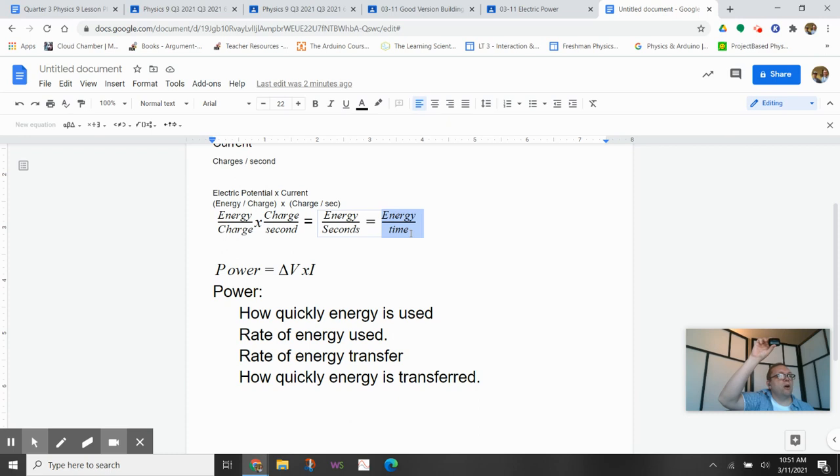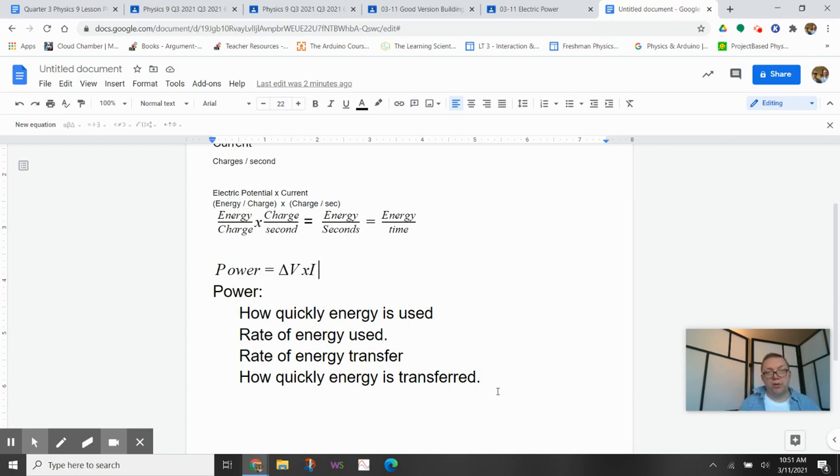Right? So if I take all that time to do that same amount of energy transfer, then the energy part is the same, but the time part is much larger. So the power is less. So really I'm just trying to convey that power isn't just how much energy you use, but